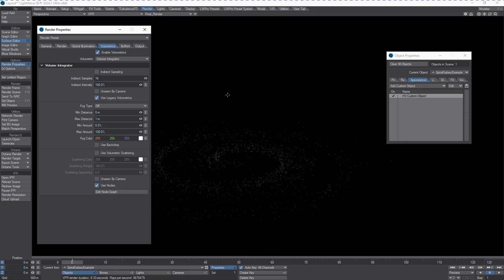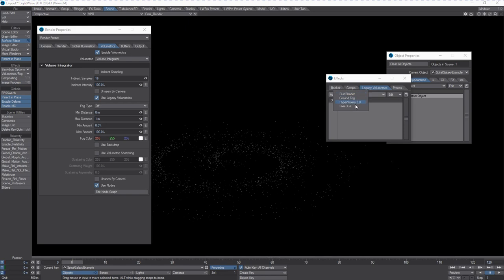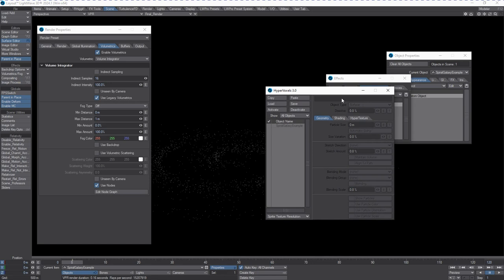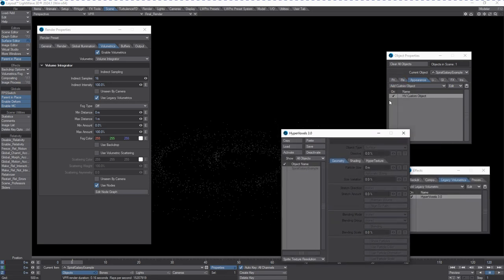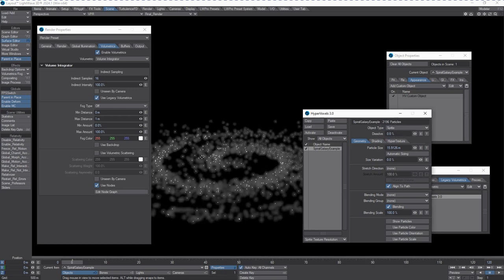And I am going to go into the scene tab, go to image processing, bring up the legacy volumetrics tab, and we're going to add hypervoxels. Okay, so we've got the item in there because we've already tagged it in its appearance under custom objects, so it's going to be able to be activated. So we're going to hit activate, and now we can put some sprites on here and increase their size, giving them some cloud appearance. Let's go like 30 meters,